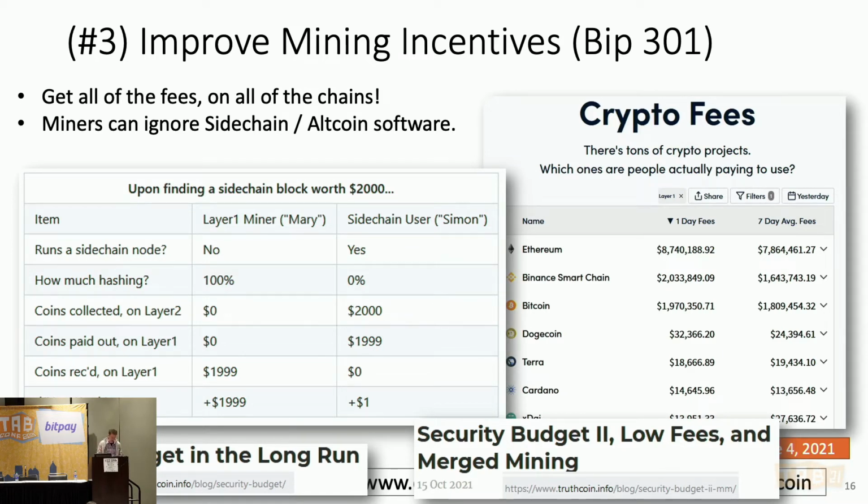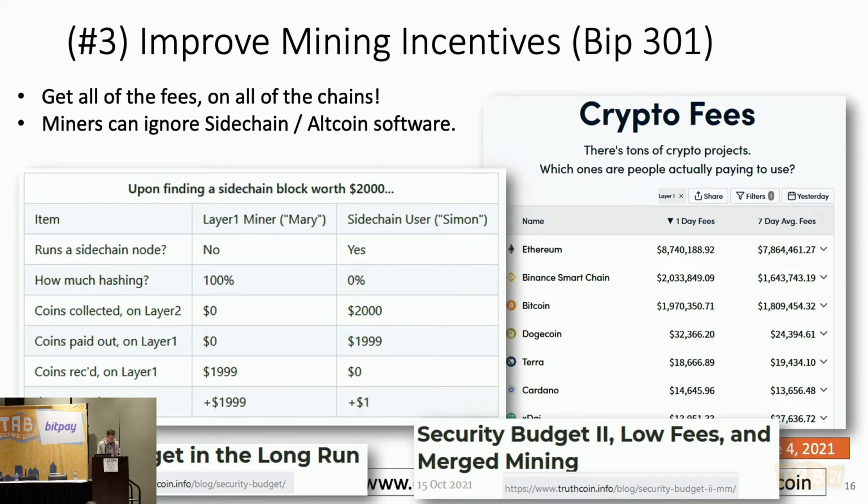In blind merge mining, even the miners don't need to pay attention to sidechains at all. So already we had the layer 1 users not paying attention, but now the layer 1 miners also are not paying attention. So how is this going on? Well, the miners will still collect all the transaction fee revenues from the sidechain's transactions, but they won't be seeing any of them. So how does that happen?